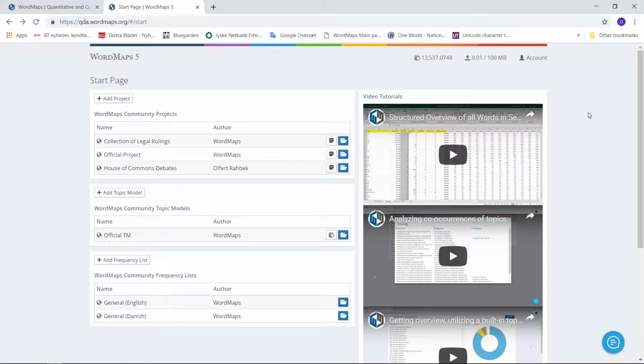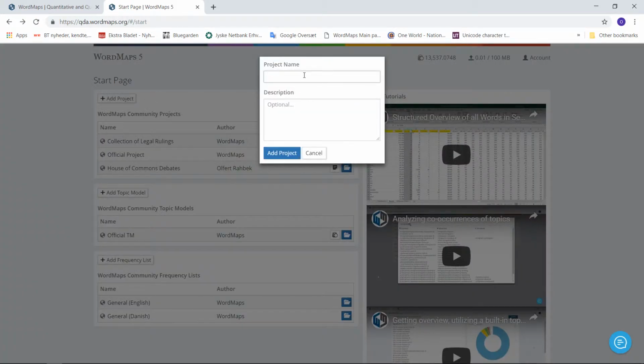In this video, we're going to see how to create our first project. We go to this button here, Add Project, click it, and write the name of a project. We could name it, for example, Political Analysis. We can add a description,